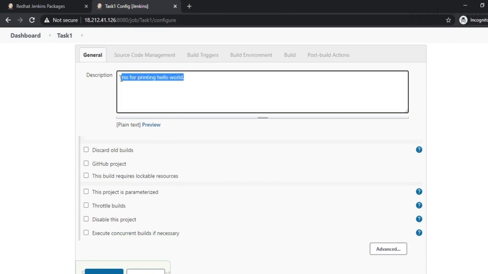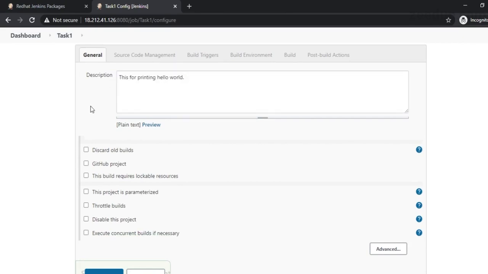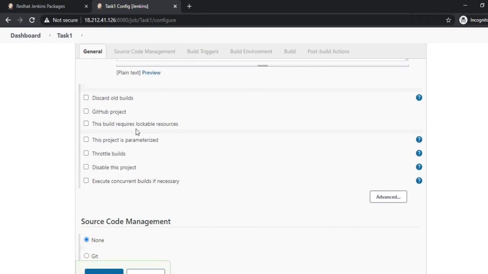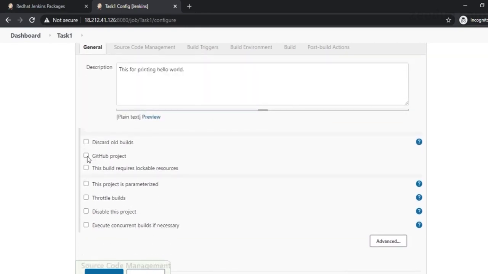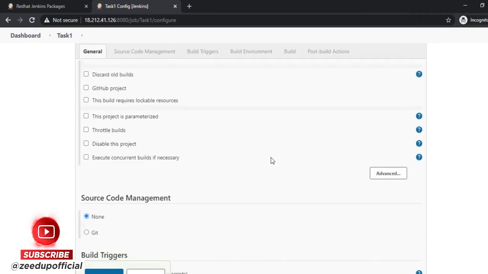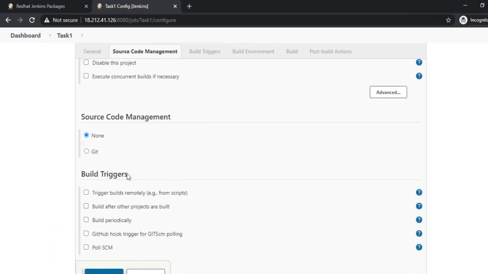After our description is complete, note this is an optional feature. If you want to give a description to your task, you can, or if you don't want to, you might not. From here we have a couple of options, like adding a GitHub project, discard old builds, and something that we will be learning along the way.